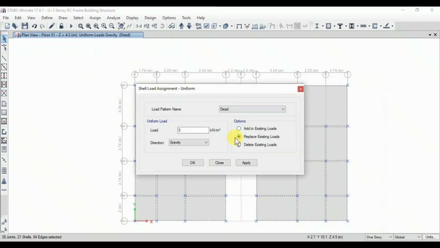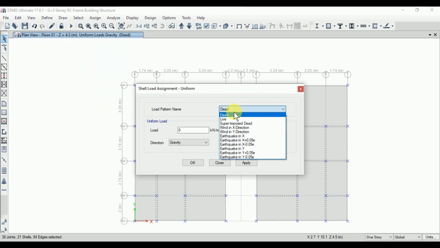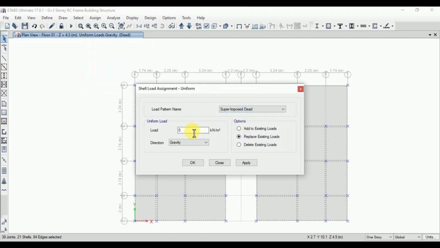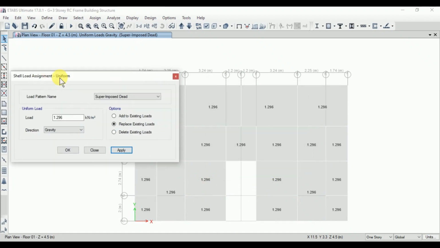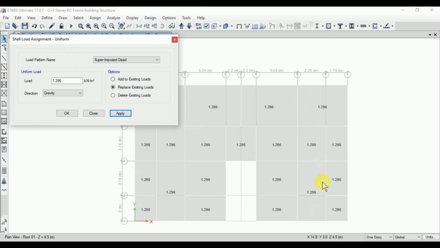Here the options come up. Select the option for superimposed dead load. The option for the loading is replace existing loads. Input the data for the floor: the superimposed dead load is 1.296 kN per meter square, and the direction is gravity, that is nothing but the downward direction. Click on apply. Here you can see that for these floors the superimposed dead loads are applied.